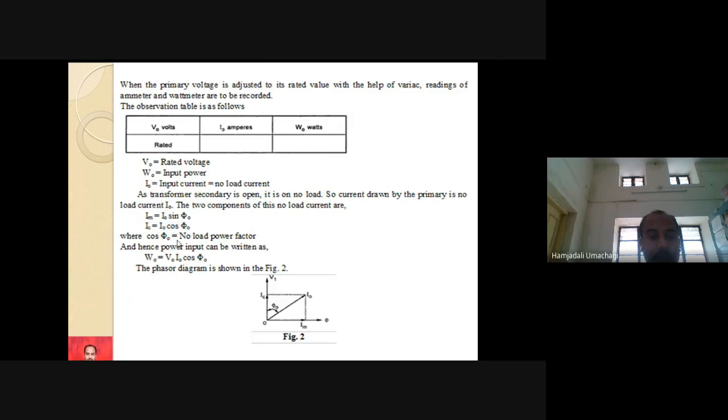Then what remains? R naught and X naught. We have to find them out, yes or no? So phi is the reference here. This is my I naught. This I naught has the magnetizing current Im and Ic. The vector sum of Im and Ic is I naught, and I naught is lagging with respect to the primary voltage V1 by an angle of phi. So this phasor diagram you should draw. So I have calculated Im, Ic, I naught. Next you need to calculate R naught and X naught.